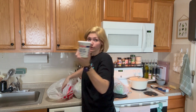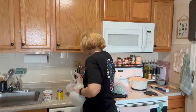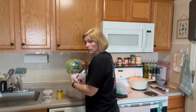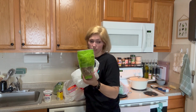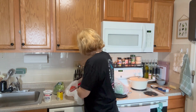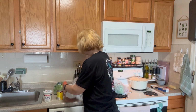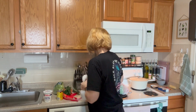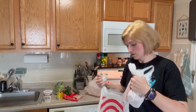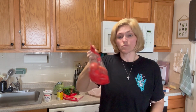We needed sour cream, green enchilada sauce, lettuce. I wanted more pistachios. I'm gonna put these in my purse because they're good to snack on. Flour tortillas, carrots and 1 cucumber. Mexican cheese, some Roma tomatoes,